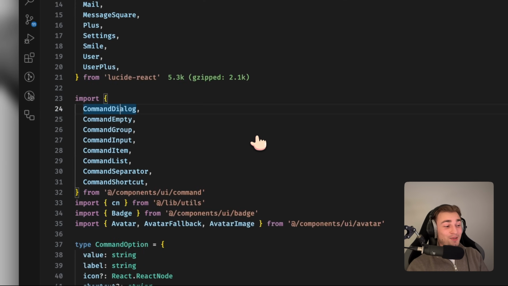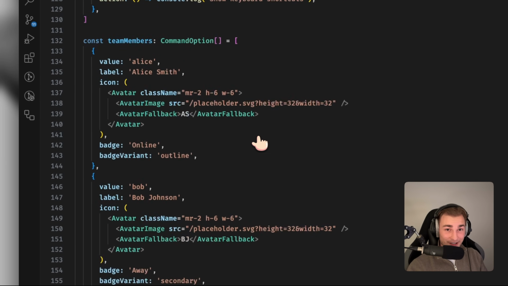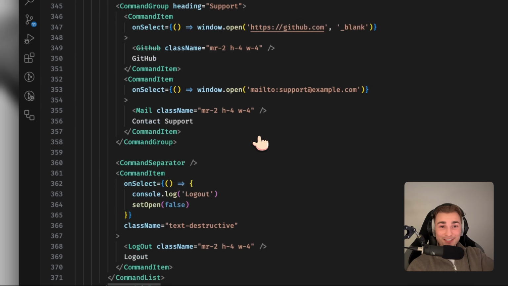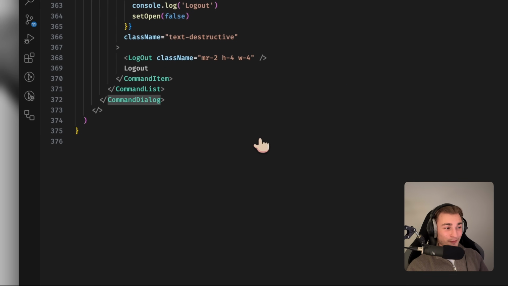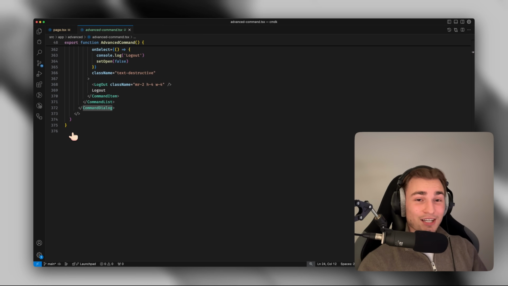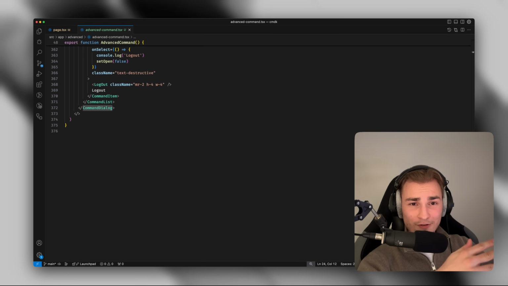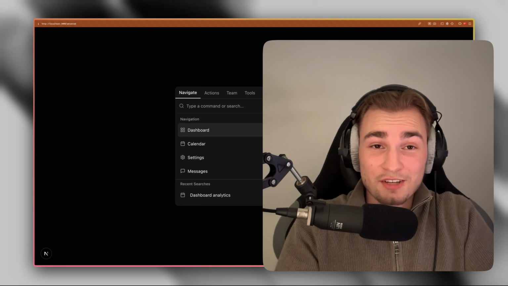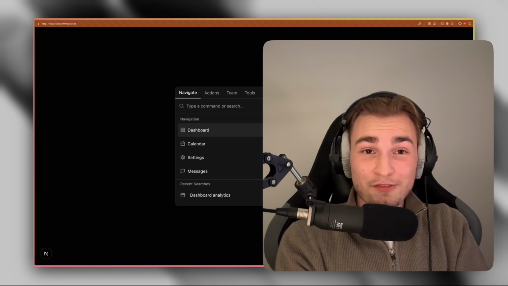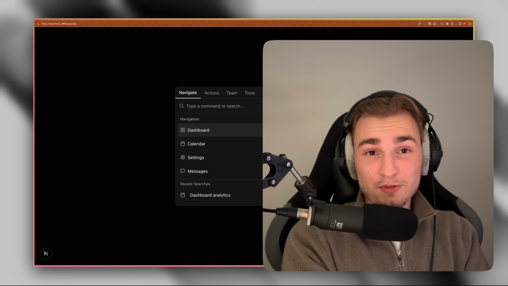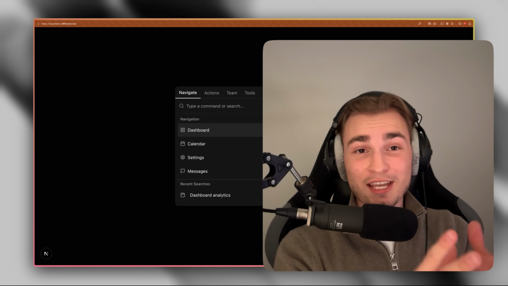But of course, code gets bigger and bigger with more functionality. This is just generated by V0. I didn't write that on my own because if I would have done this, I hate if things go 376 lines. So I probably sort things out in different files and kind of manage things more beautifully. So that's already it for the video. I just wanted to show you this beautiful component because I think we will see that a lot in the future of the web. It's a great way to give your users more control and let them navigate faster through your